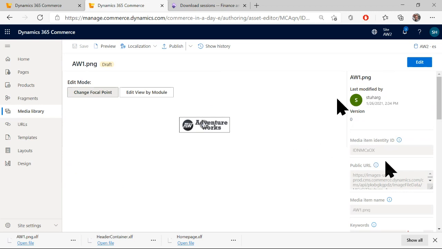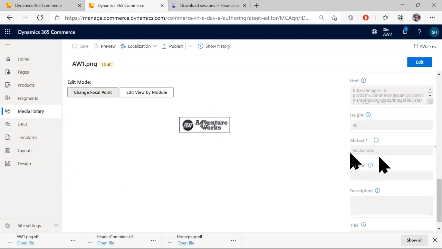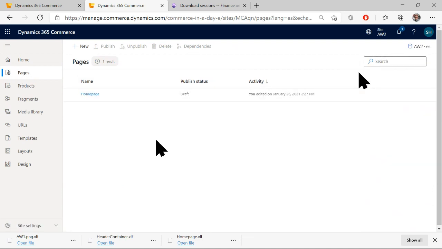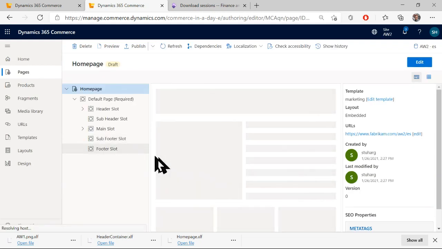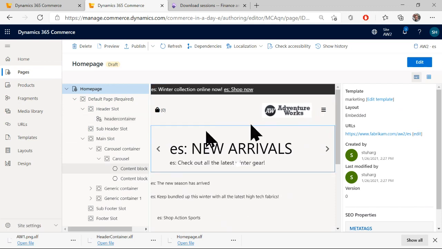Okay, now what we should see if we look down into the metadata is that the alt text has an ES prefix on it. So does the title. Excellent. So now why don't we just quickly jump back to our page here. Now we're already in the ES language for the home page, and we should actually see that localized image get rendered for us. There it is. Okay. So that is a quick walkthrough of how we localize content